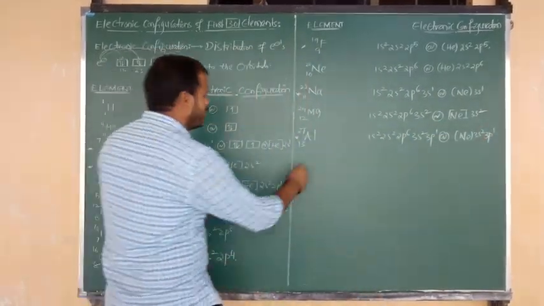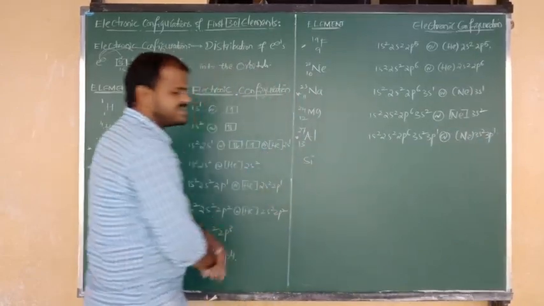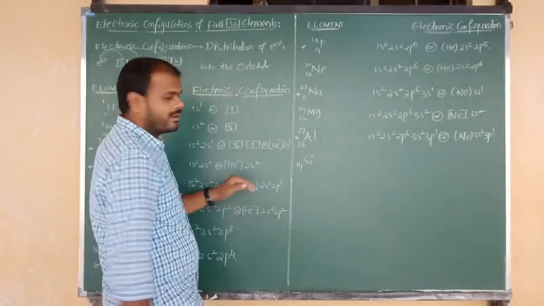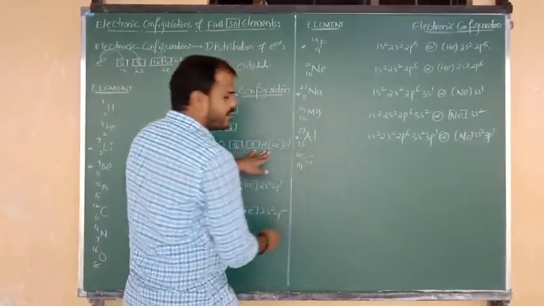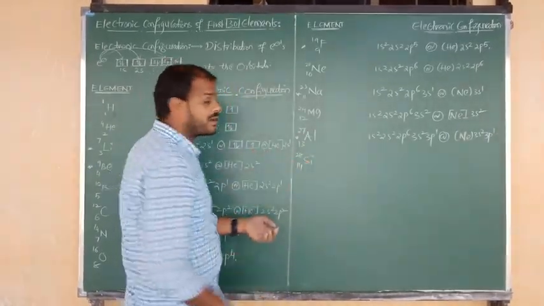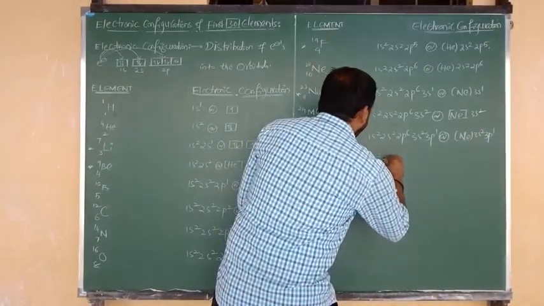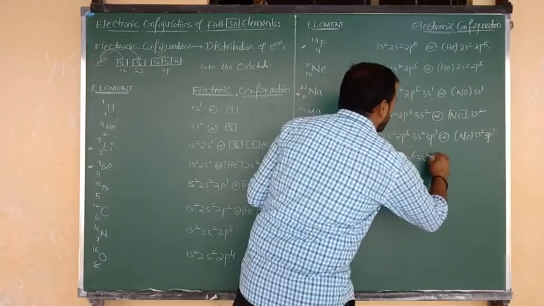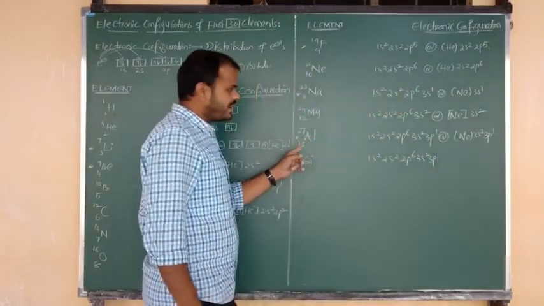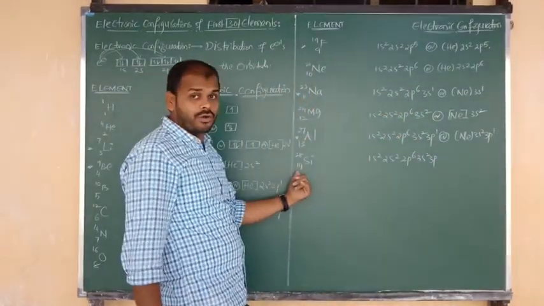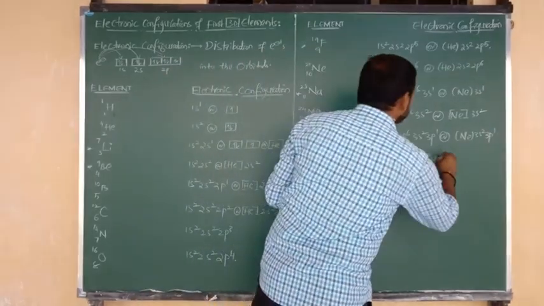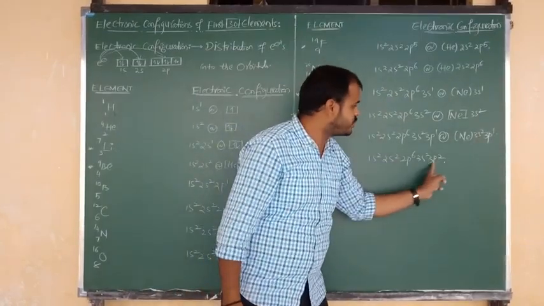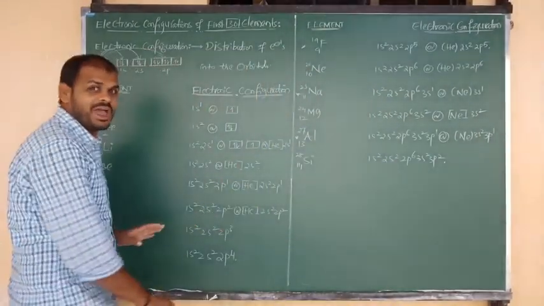Okay, good. Next one is silicon. The symbol is Si. What is the silicon atomic number? 14. What is its mass number? 28, double. So how are those 14 electrons distributed? 1s2, 2s2, 2p6, 3s2, 3p. The above contains 13 with 3p1, but it contains 14, so 3p2. One more extra electron we have to add. And we can write the short form neon 3s2, 3p2. You can continue that, I hope.